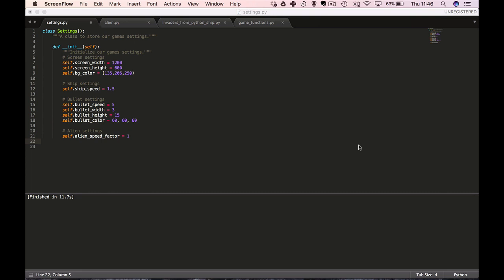Well, now that we have our alien fleet moving to the right, we need to detect when our fleet hits the edge of the screen and when it does to move our fleet down and to the left. So here's how we begin to start that process. Open up our settings.py file and here down beneath the comment alien settings, add in the line